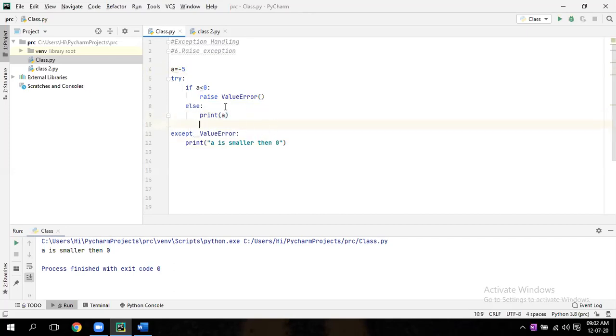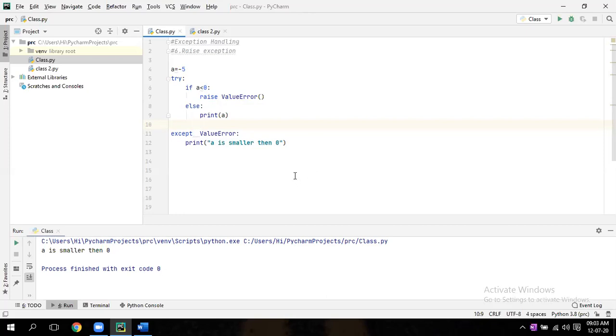So it checks the if condition, then comes to the exception block, from there to there. Clear? Yes. Okay.